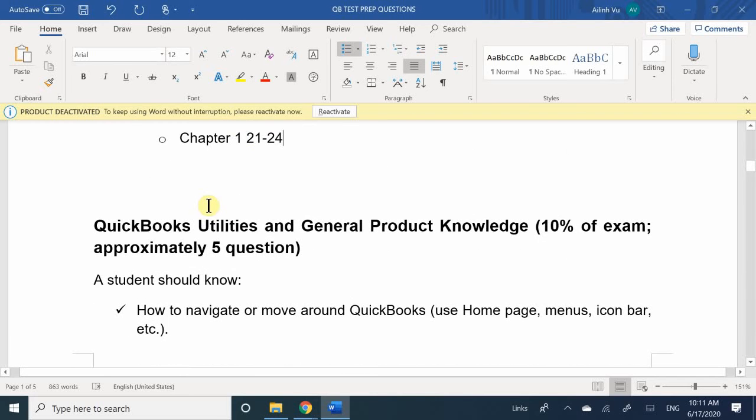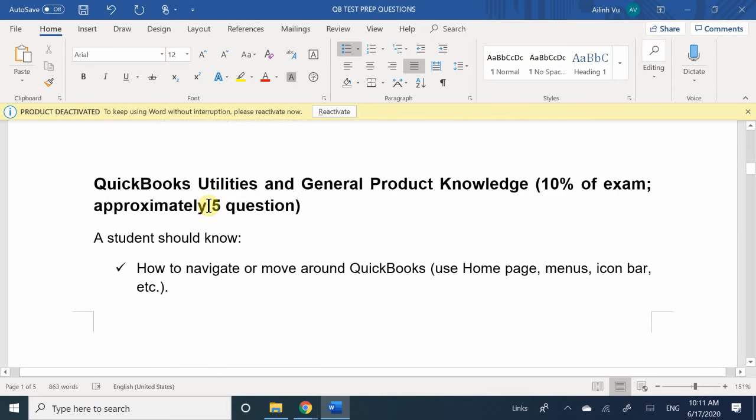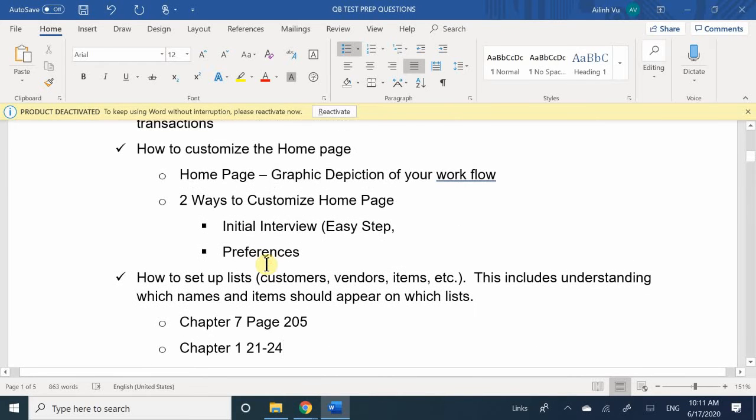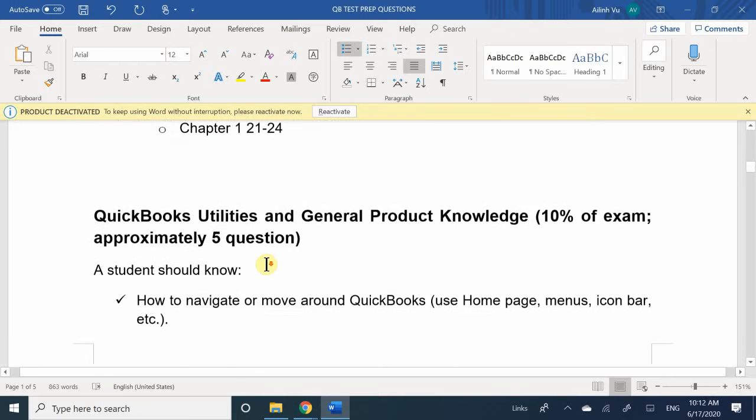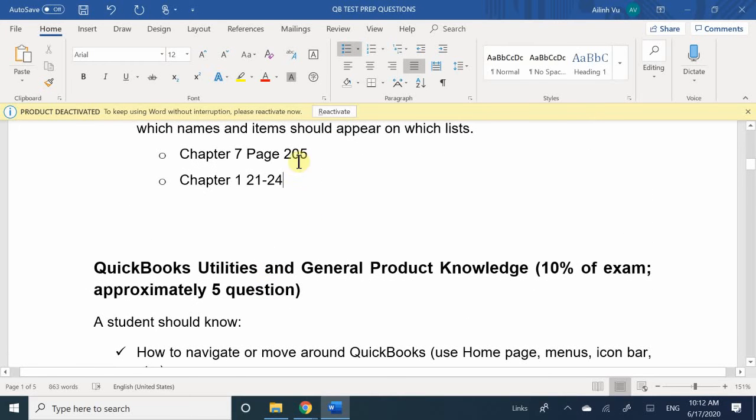What are the versions? I don't know the difference between versions and editions, so I'm just going to call them versions. What are the versions of QuickBooks that are available to you? I need an answer. Where are you looking at, Mr. Sanchez? I'm not looking, it's off the cuff. Oh, okay. Pro, Premier,